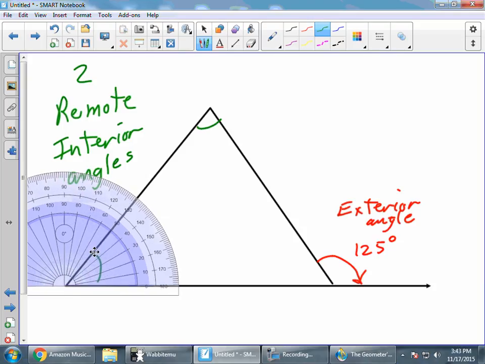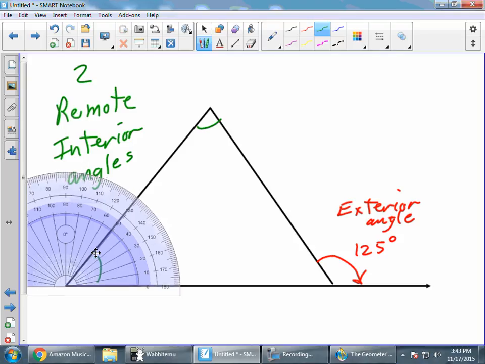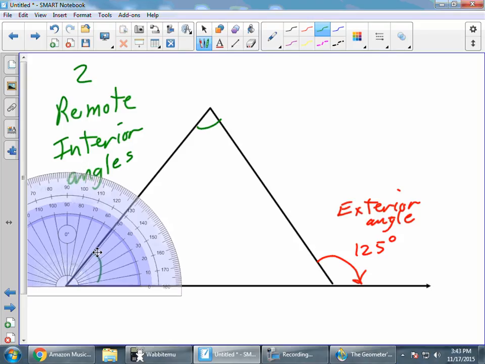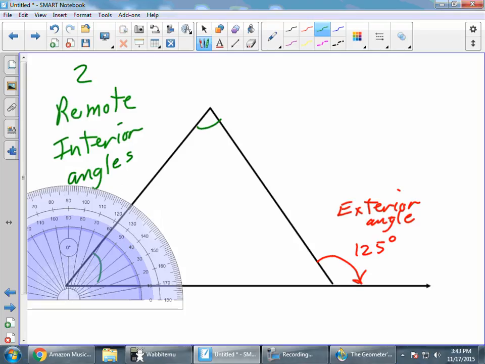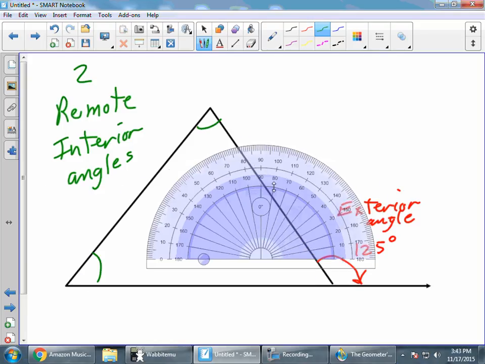In this, there will be some error here probably, but we'll do the best we can. Come on, right about there. Okay, now, what's the measure? It looks like 10, 20, 30, 40, 50 and change, maybe 51. Will that let me write on there? No, I got to move it. So that one's 51